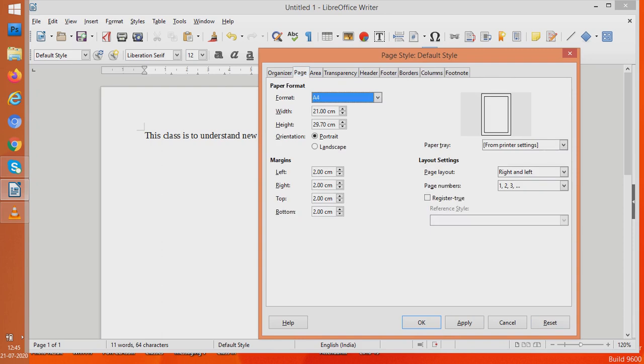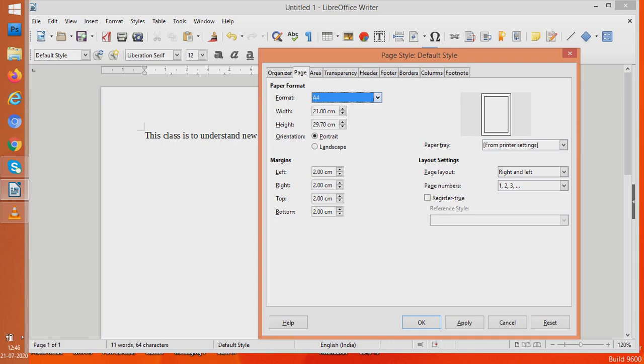Now what are the different options? As I said, the first option is which type of page we are going to use. Students, different types of papers are there, and they are of different sizes. A paper can be of size A3, letter, B5, or A4. They have their own important usage.